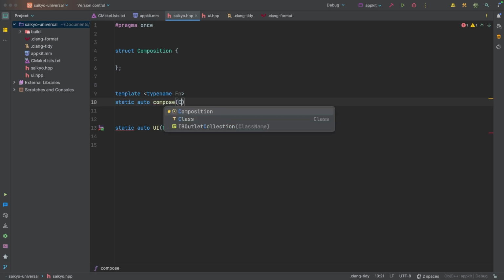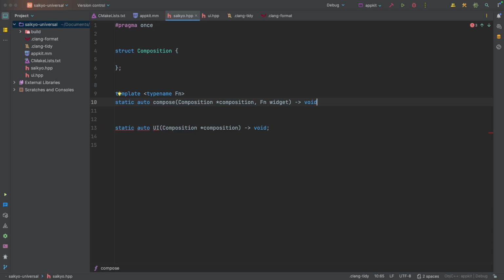What this does is it takes in the composition, and it takes in, what shall we call this? We'll call this widget. And this will return something, maybe? We'll have it return a void star for now. Maybe we want this to be able to return something. For example, well, actually,